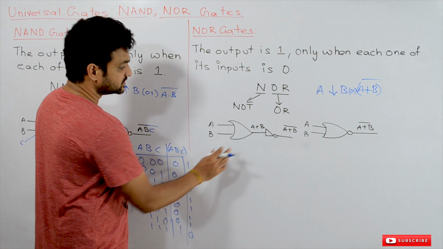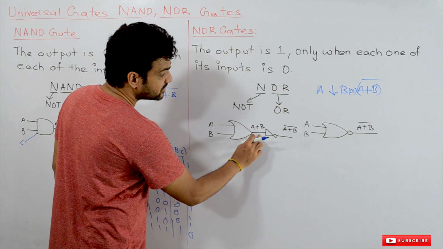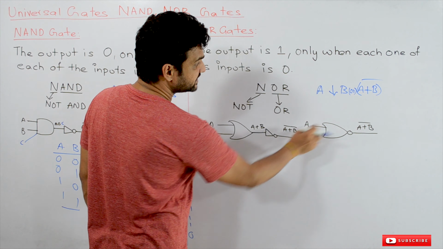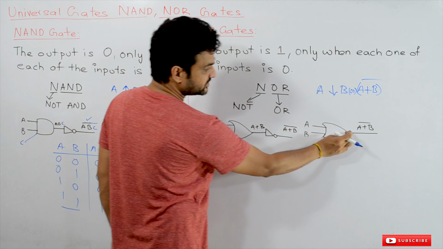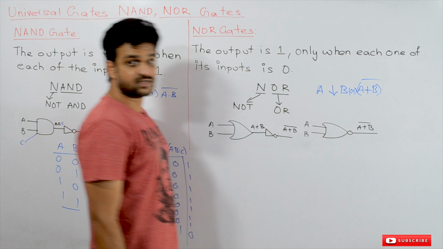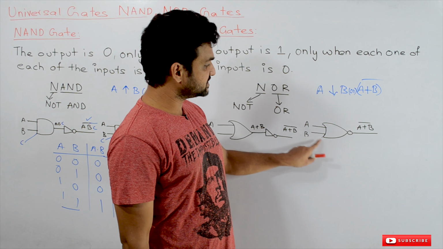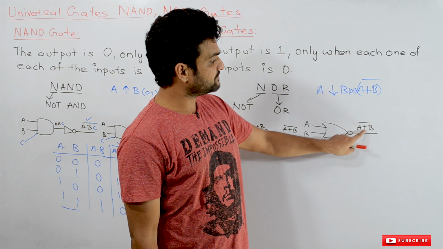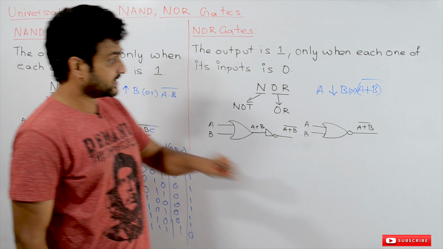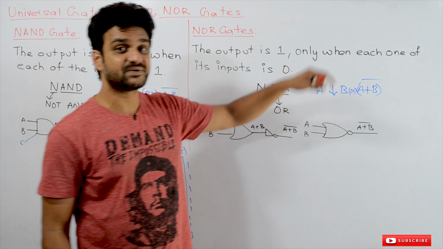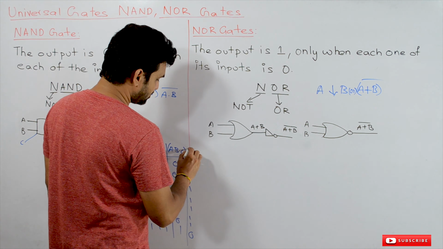How does the NOR work? The result that we get from the OR gets complemented, which gives A plus B whole bar. Similarly, this complement can be inserted into the gate symbol, and it can be represented as one single unit, like this. This is the representation of the NOR gate. The output that we are going to get is A plus B whole bar, and plus is the operator used to represent the OR operation.